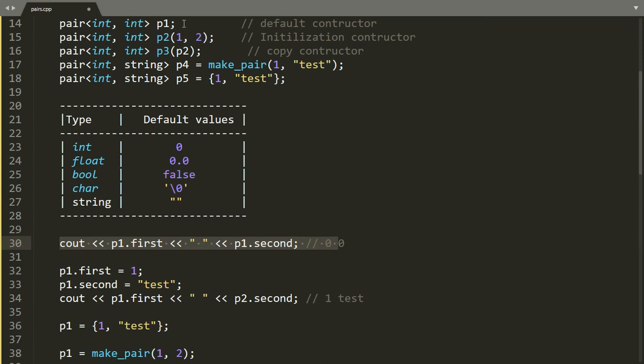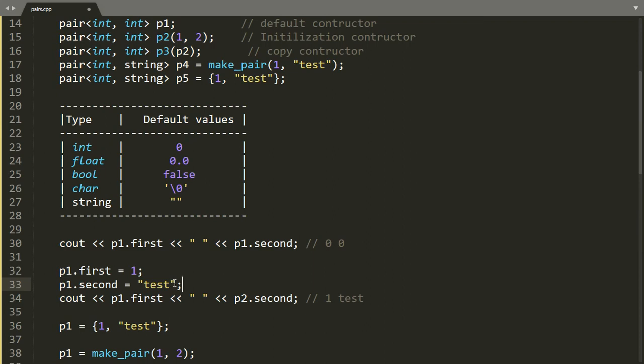As P1 here is initialized using default constructor, for int the default value is 0. Therefore, it will print 0 and 0. Also, we can later update the values using dot first and dot second properties. Now, the first value is updated to 1 and second value is updated to test. Oh, sorry.